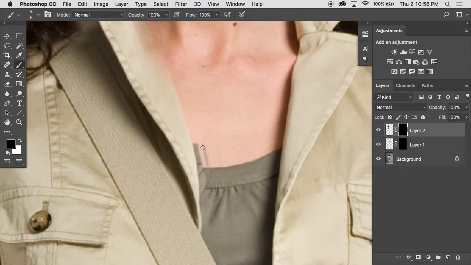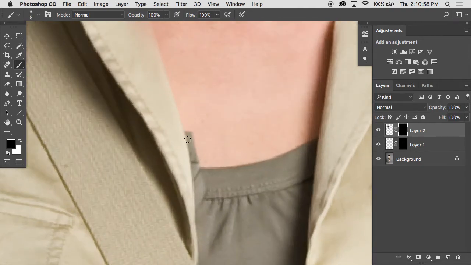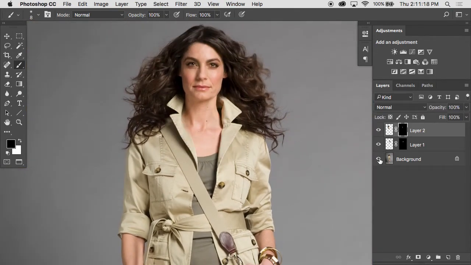And this is where using an appropriate sized brush comes in. The edge of this lapel is a fairly hard edge. If I use too large of a brush, I'd end up with this really soft kind of ghostly transition. So by using a smaller brush, I can get right in there with the shift clicking technique. I can just cut that right off. And hopefully, okay, now one thing I am finding,